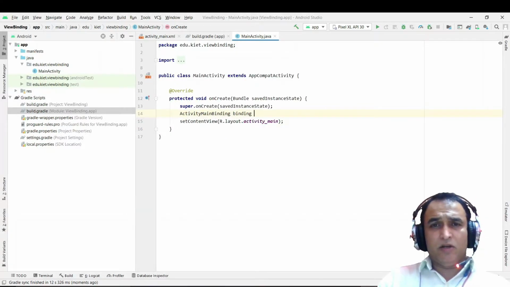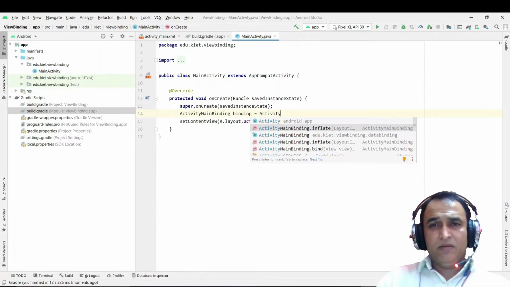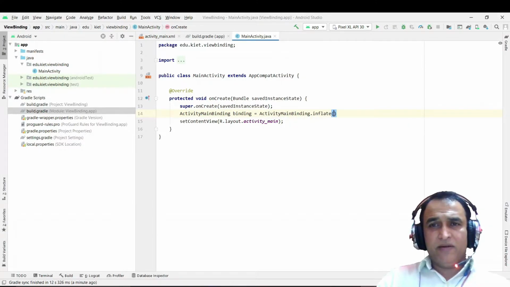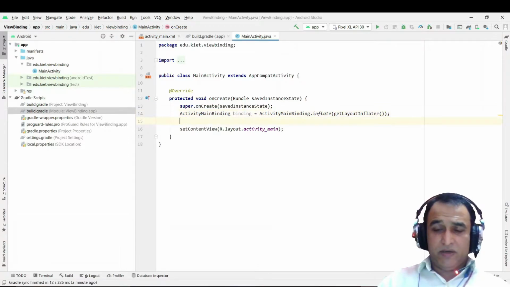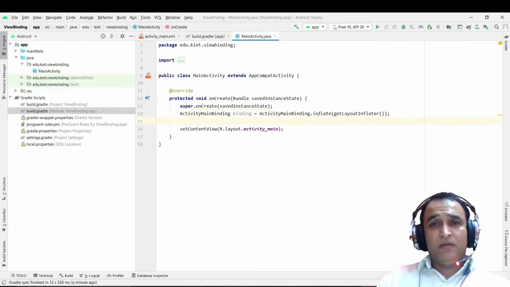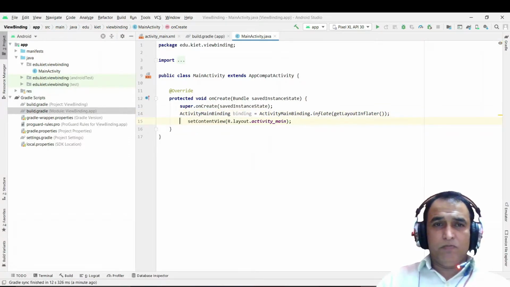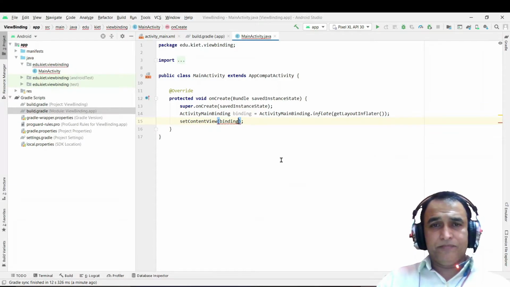Create the object of this binding, then ActivityMainBinding.inflate, and here getLayoutInflater like this. Then we have to pass the object of this binding with the method getRoot. So binding.getRoot like this, we have to set in setContentView.